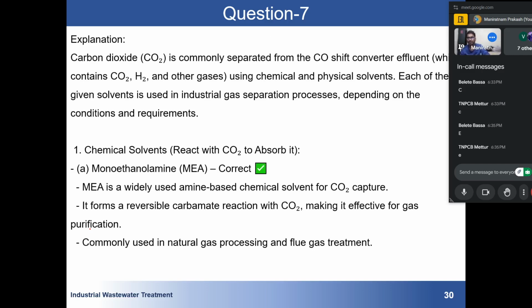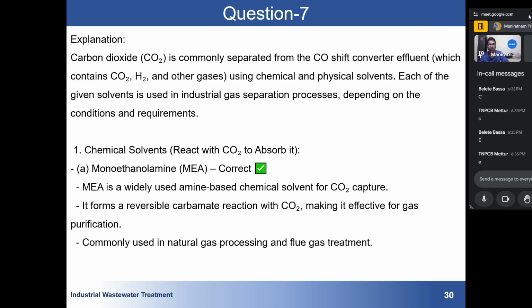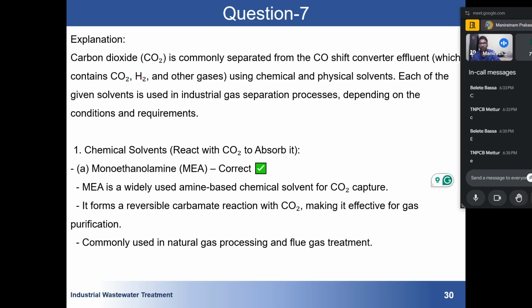All of the above. Carbon dioxide, CO2, is commonly separated from the CO shift converter effluent, which contains CO2, H2 and other gases, using chemical and physical solvents. Each of these solvents is used. Yes, all these solvents are used. How are these used? First is